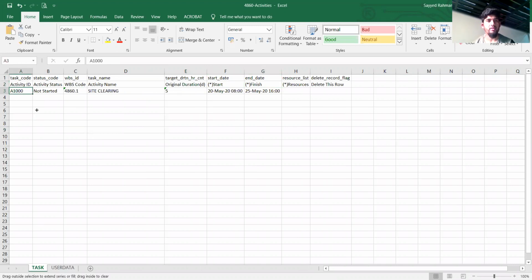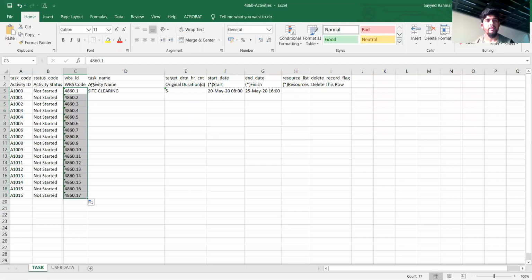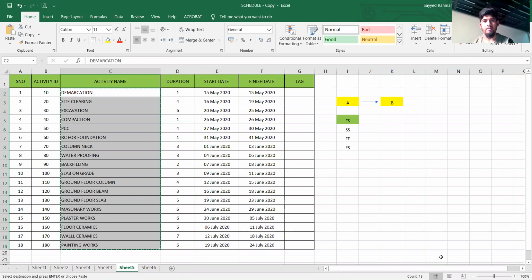This is 1000. Make it here. Then let's say all the activities not started. Then this WBS code, and then this site clearing. This we will go to our Excel sheet, where we create this already. So in last lecture we created all these activities in Excel. So just we will copy it and